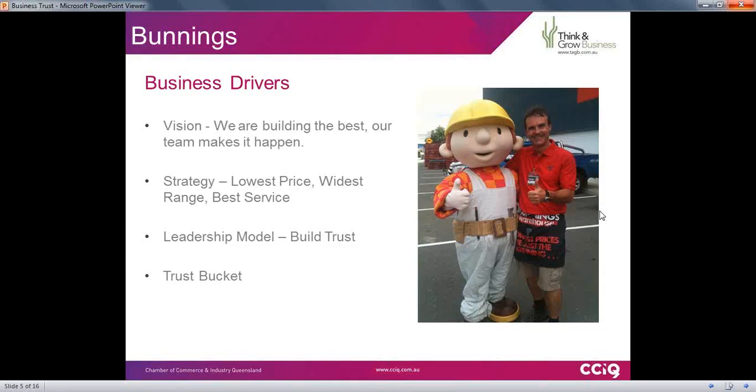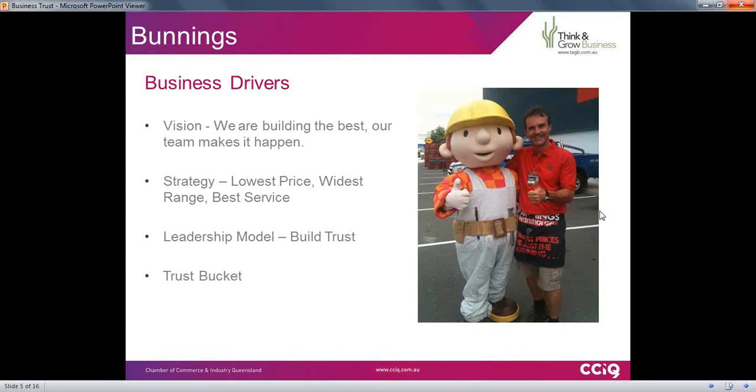do. Now, one of the core components, one of the foundation blocks of that leadership model is building trust, the concept of building trust. Sitting there within that leadership model, the desired behaviours of the leaders of that business in the way that they build relationships with their team, their suppliers and their customers. And what those 3 areas of building trust helps their team, their strategy, and it stood the test of time, their leadership model, they've all got a strong component of trust. And as the company and as Bunnings built trust in those areas, they filled up what I call the trust bucket.